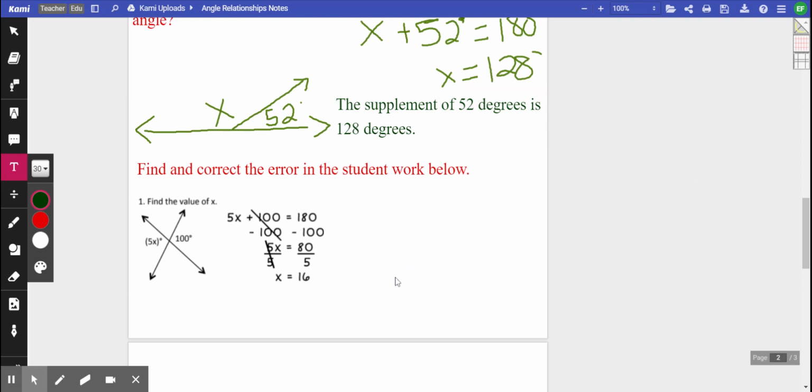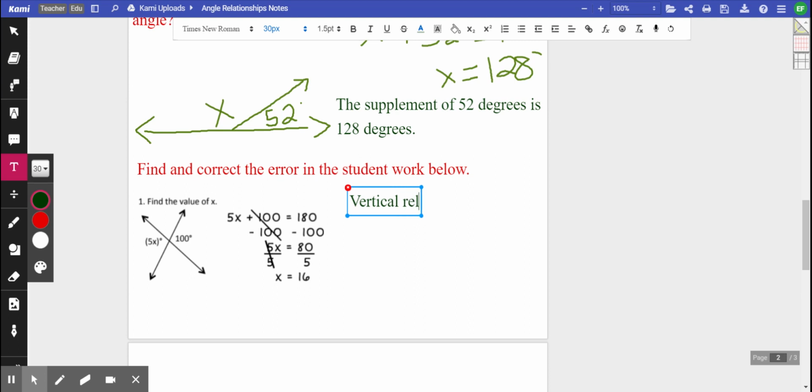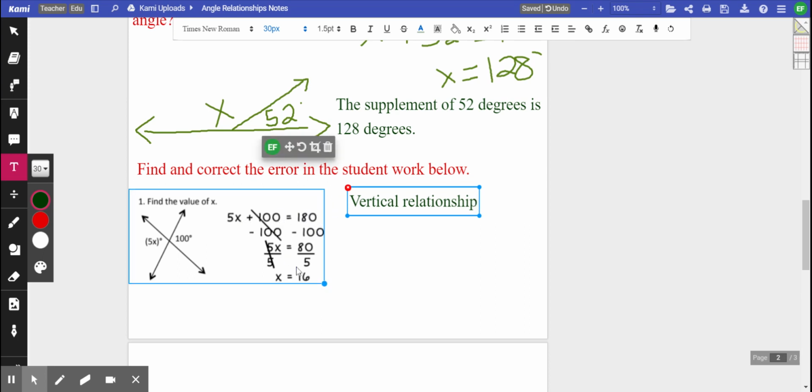Well, from this diagram, we see intersecting lines and we see angles opposite from one another, which means we have a vertical relationship. And vertical angles are always going to be equal to one another. So it appears in the student work here, the person might have thought that they were supplementary angles because they set them equal to 180 degrees. But if we're going to set this up correctly, we know that 5x has to equal 100 degrees. If I solve